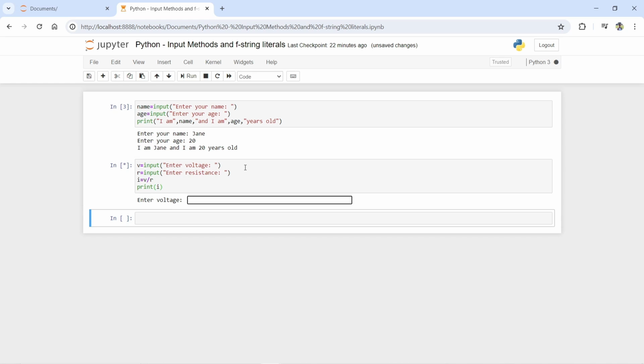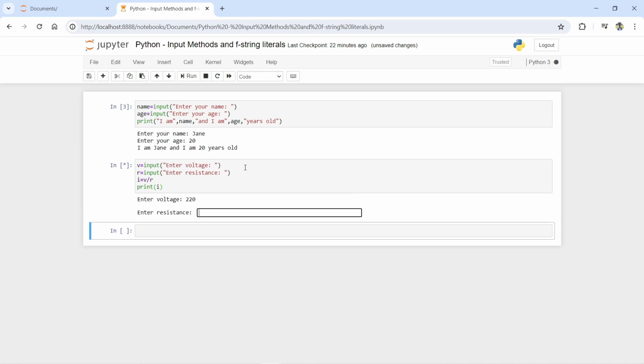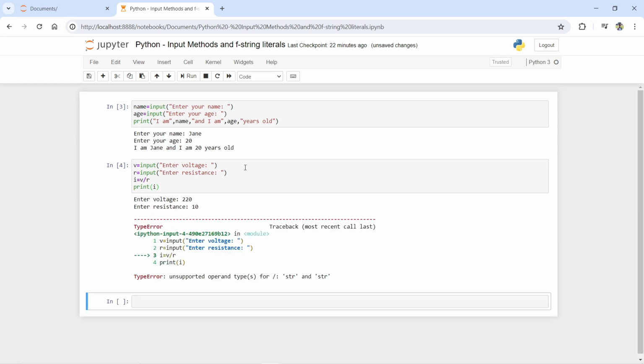Say voltage is 220 and then resistance is 10 ohms. You're going to expect an error of unsupported operand types, because by default the input method returns a string all the time.